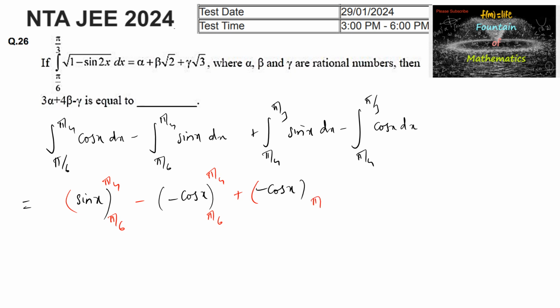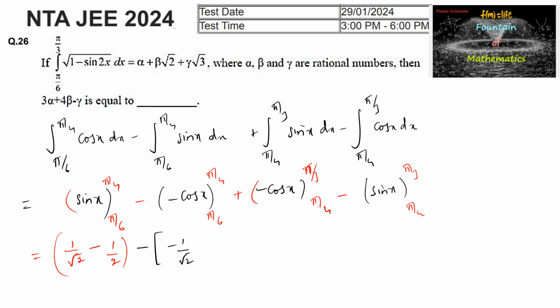over the limits pi by 4 to pi by 3, and again minus integration of cos x is sin x over the limits pi by 4 to pi by 3, which is equal to sin pi by 4 is 1 by root 2 minus, upper limit minus lower limit, sin 30 degrees is 1 by 2, minus of minus cos pi by 4, that is minus 1 by root 2, minus of minus plus cos pi by 6, that is root 3 by 2, and again here plus of minus cos pi by 3, that is cos 60 degrees is 1 by 2, and again here minus of minus plus 1 by root 2